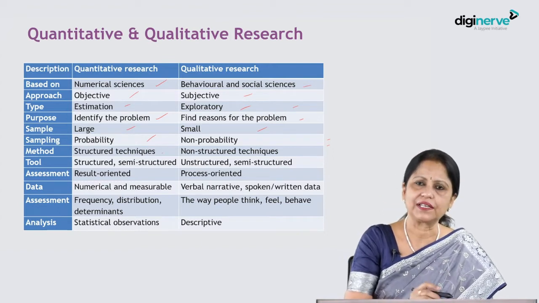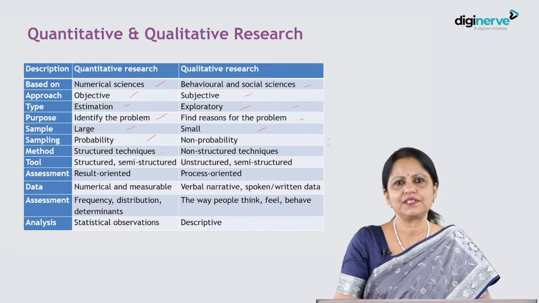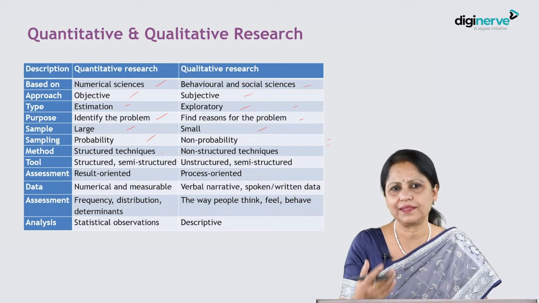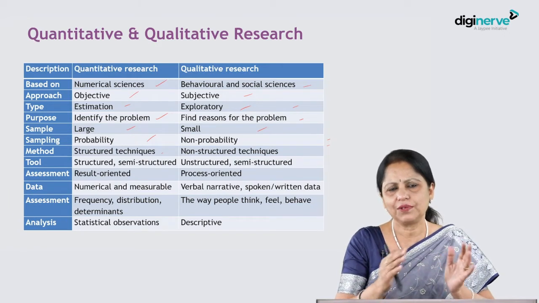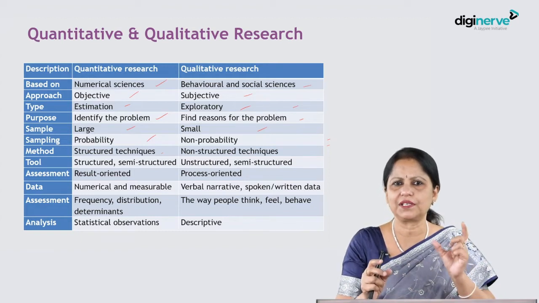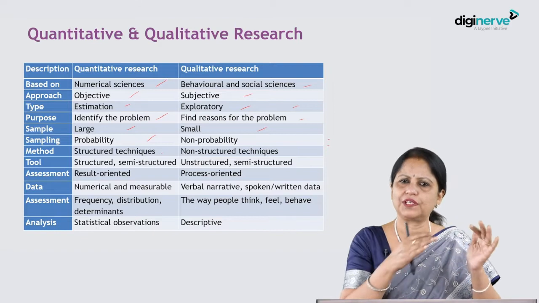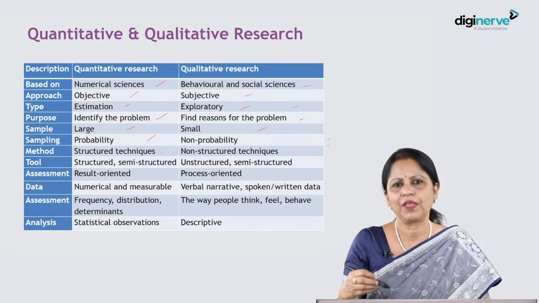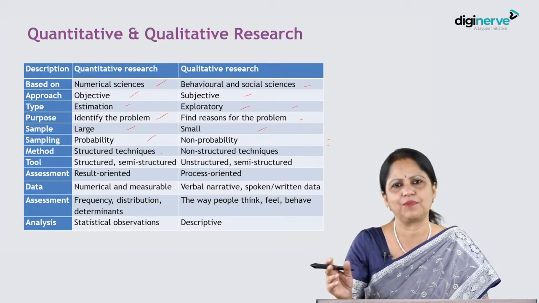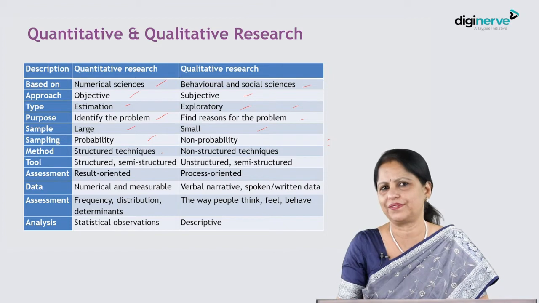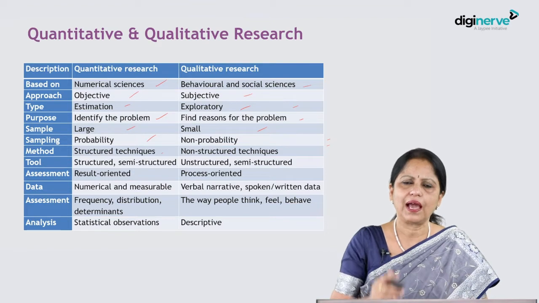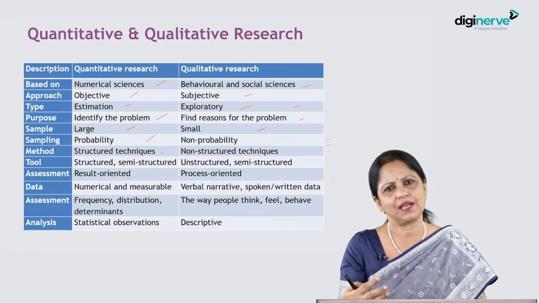Then method of data collection. In quantitative research, it is structured. The tool that we use, the interview schedule to collect the data from the subjects, is structured. We have options, and it is partly semi-structured also, some open-ended. Basically, we have two types. One is structured, where we give options which the people can tick, or another is open-ended or unstructured, that is, we just ask the question and leave it blank. Let the person say whatever and note down everything. And semi-structured means when a data collection schedule has some questions as structured, some as unstructured.